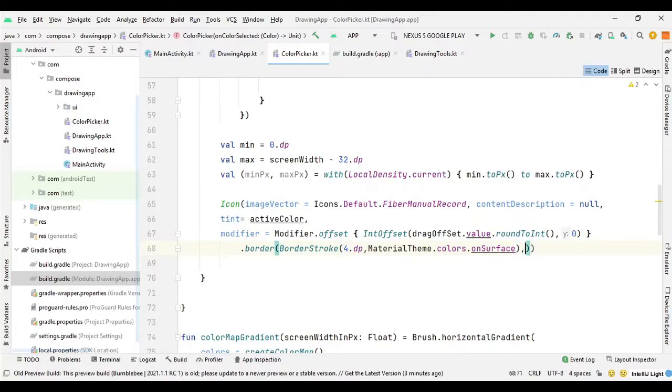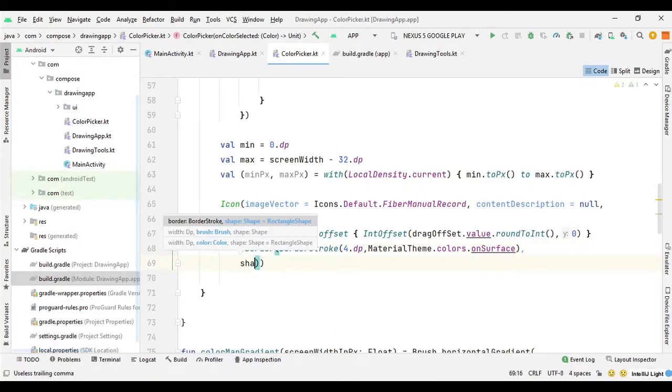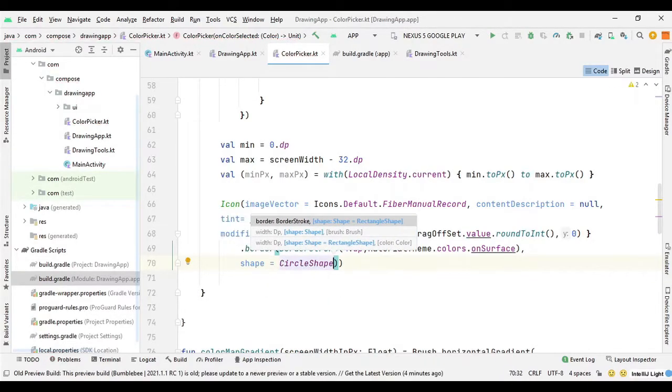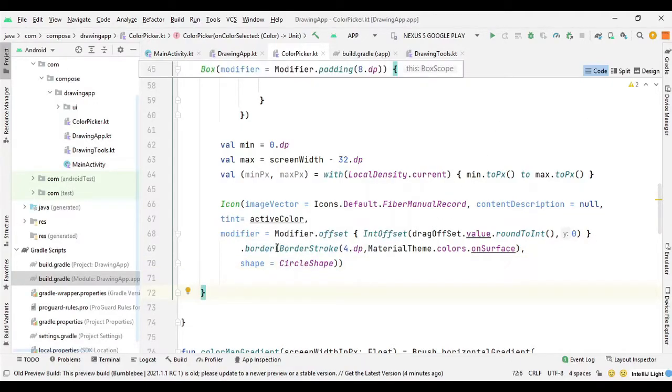Then we can provide the shape for it. So for shape we will say shape equal circle shape. Now we need to give it the functionality for draggable so it can move. So we will say, after the border, so after border we will say dot